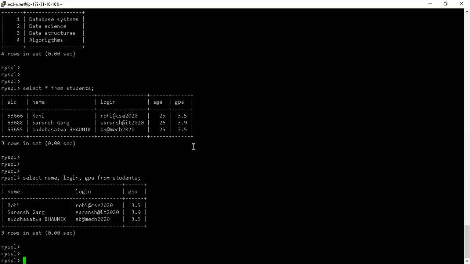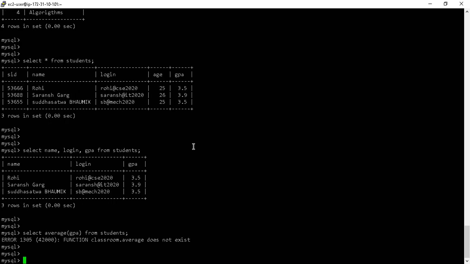The second thing is, I just want to know from this table what the average GPA of all the students is. So what I do is select the average of the column named GPA from the table students. Provided there is a function called average applicable to MySQL, I can run this command and get the output. In some databases, the average function is written as AVG. Maybe that is the case with MySQL. I don't know, I have not gone through the documentation right now.